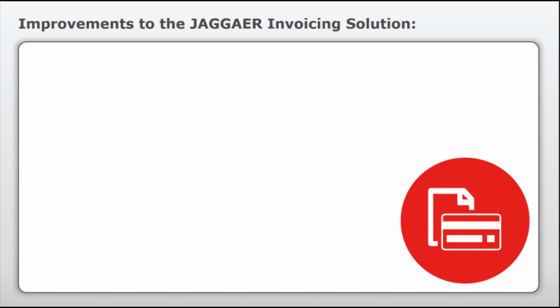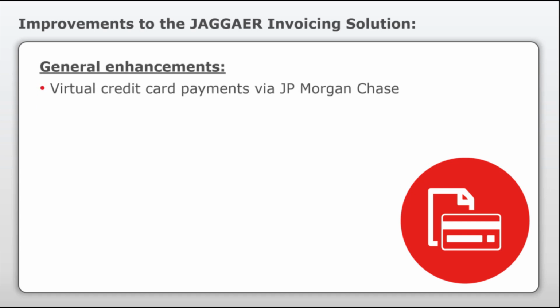In terms of the Jagger invoicing solution, we have a series of enhancements that came in with 19.3 that are very interesting. The first one is integration with virtual credit card payment players such as JP Morgan. This essentially generates a random one-time use credit card number which suppliers will receive as part of the purchase order that they get through the system, and will allow them to immediately charge this for the service or products that